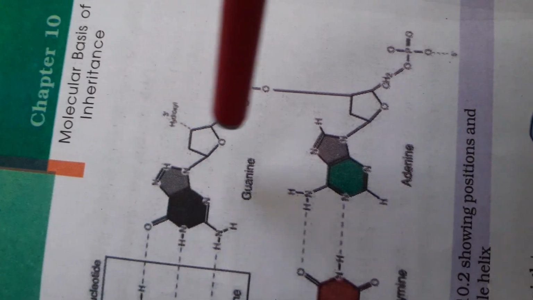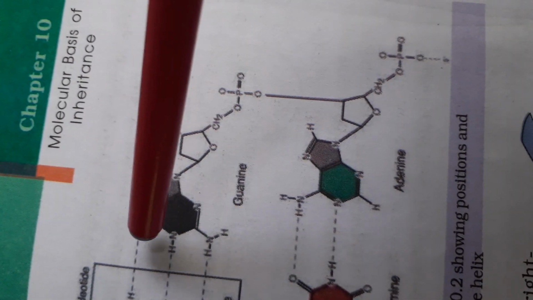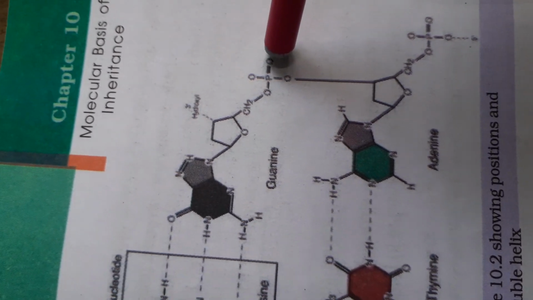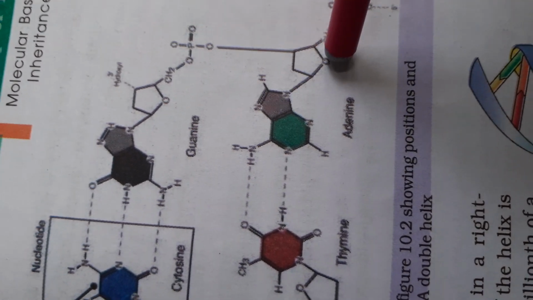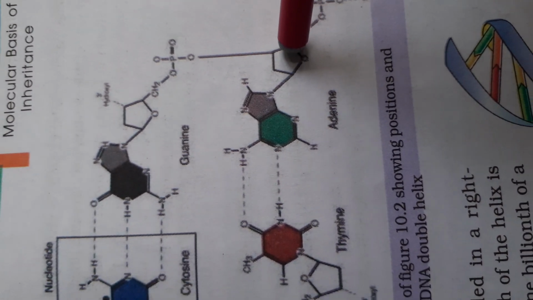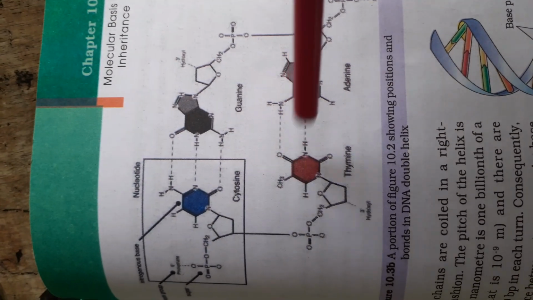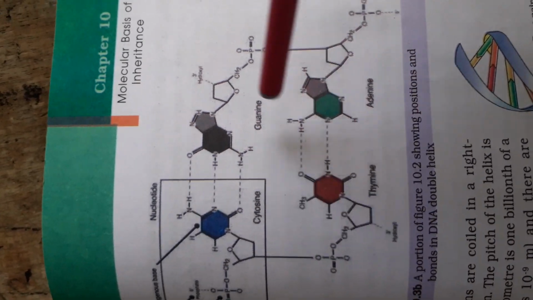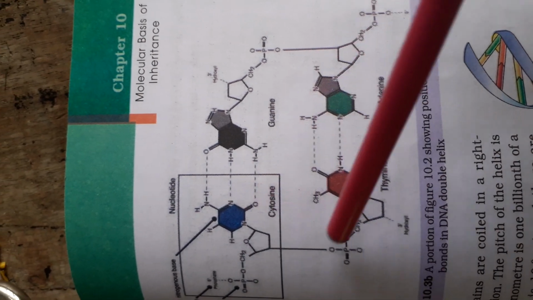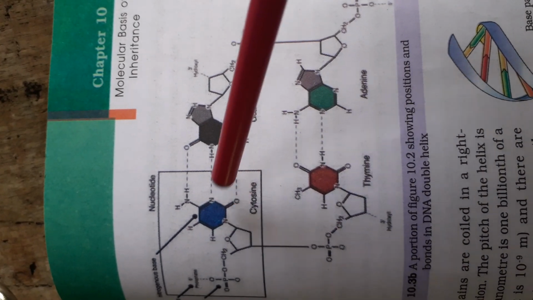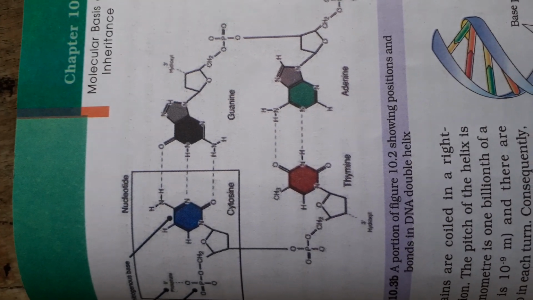This side also, this is another strand. This strand is also having nitrogen base, which is guanine, sugar and the phosphate. This is again connected to another sugar molecule, another phosphate molecule, nitrogen base. So like this, the two nitrogen bases are held together with hydrogen bonds, and each strand is made up of many nucleotides. Thus the name polynucleotide. And DNA contains two strands. So these are the two polynucleotide containing strands.